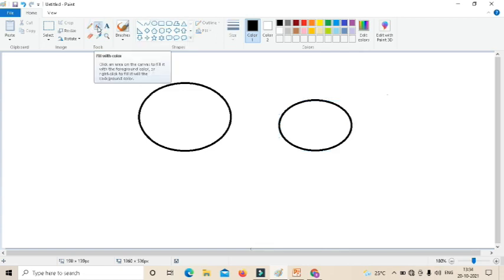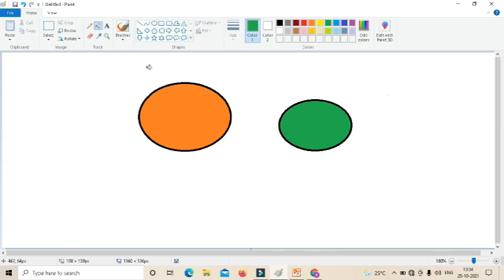Select the fill with color option and then select the color and then keep the mouse pointer inside the shape and just click to insert color. So the fill with color option is used to color a closed portion.